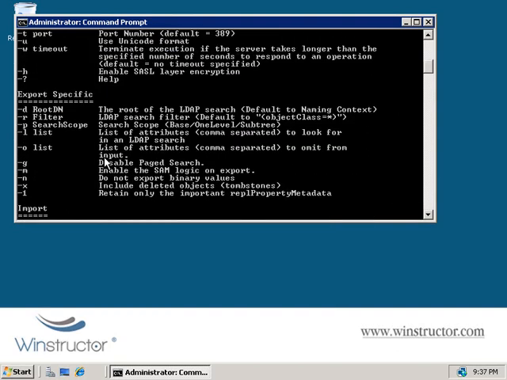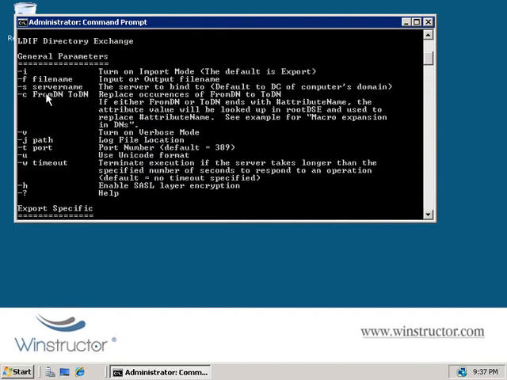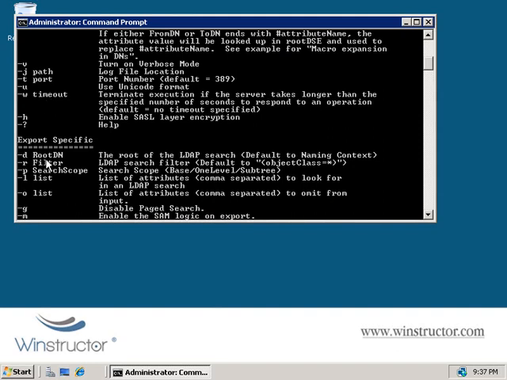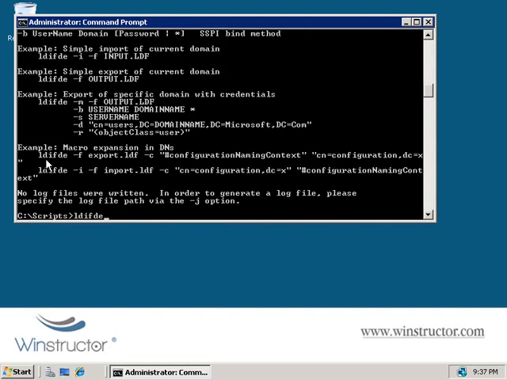For example, if we scroll up, you'll see here we have a -s switch, which we can use to specify a different server than the one that we're currently connected to. And here you can see the -d switch, and that'll help us specify a different domain than the one we're currently connected to. Alright, well, we'll type in ldifde again, and we'll add in the -f switch to export